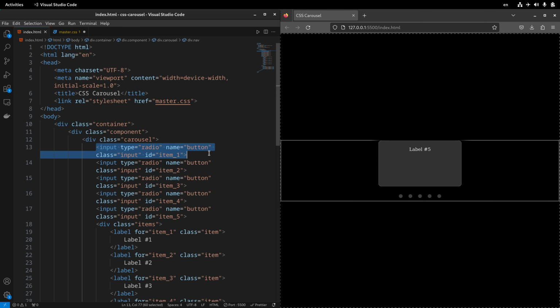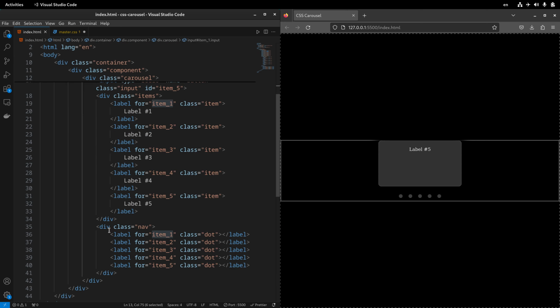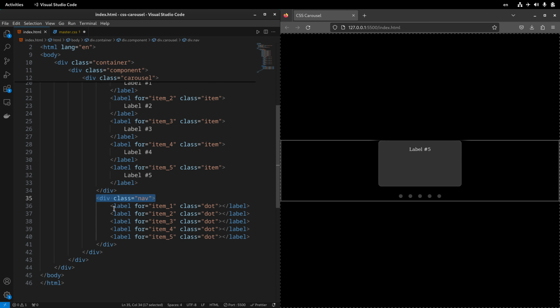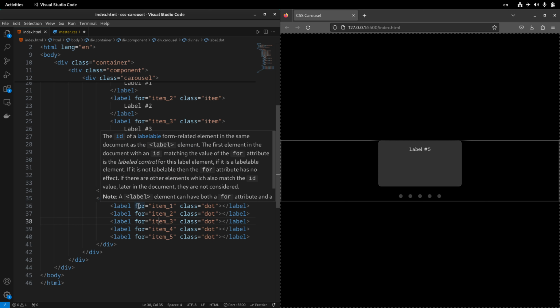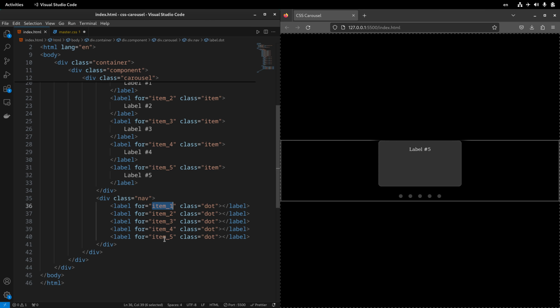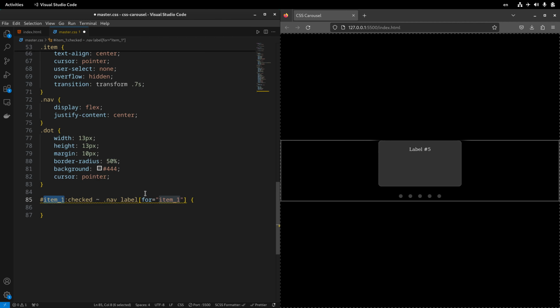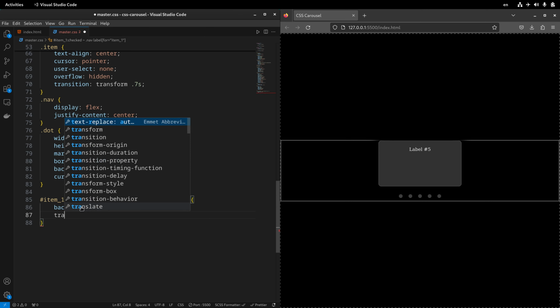So whenever this input with this ID is checked, it looks for this one and finds the labels and picks the one that has the attribute for set to item 1. This is basically the whole idea of styling the items based on the checked or unchecked attribute of input. So now that I have access to this one, this navigation button, using this selector, I can style it. Let's make the background lighter, for example, light gray, and use a transform